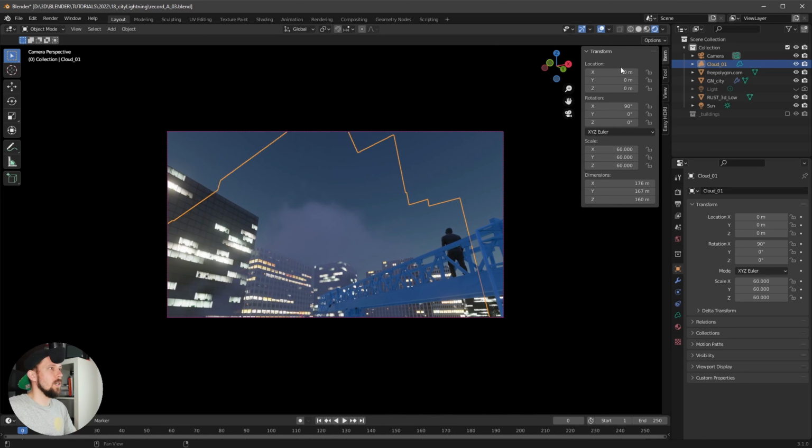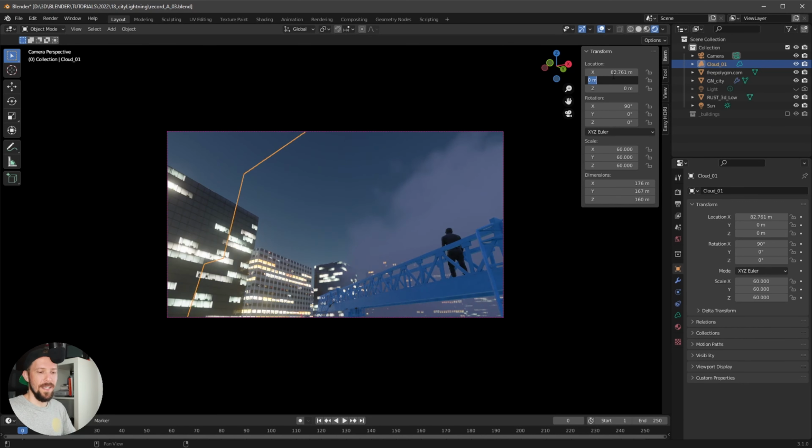Now let's change the cloud position to 82.761, 33.572 and 88.63. So our first cloud is in position right now, and yeah, the numbers are a little bit weird